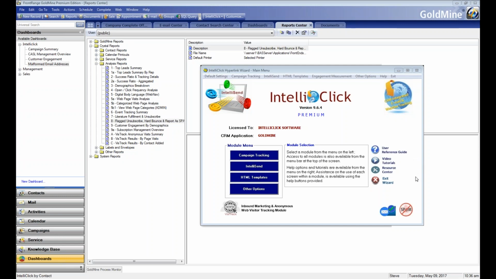One of our best mutual clients that makes great use of GoldMine is up in Canada. When I say mutual client, they're also a big Intelliclick user. I was just talking with her a couple of days ago, and she was raving about that combination of Intelliclick automatically having this great information flow into your GoldMine, and then you being able to use MasterMine to manage it over time, both to understand it and to keep it orderly